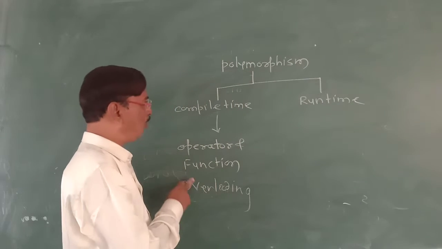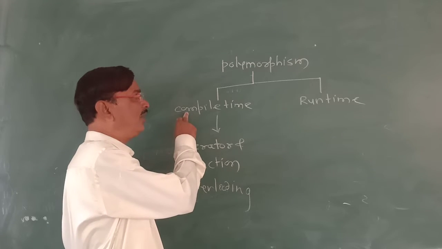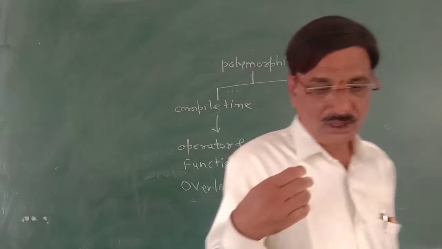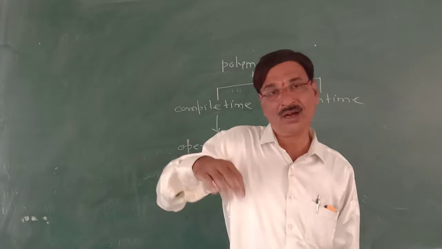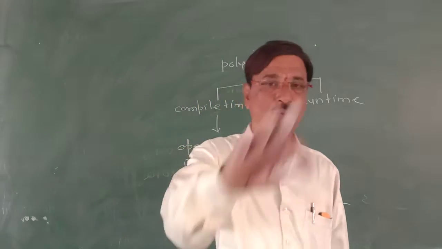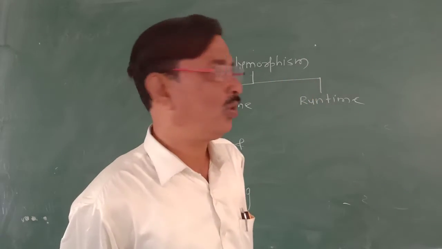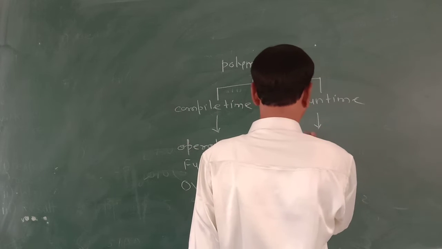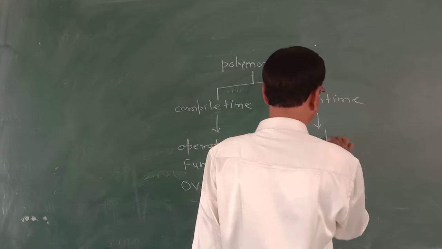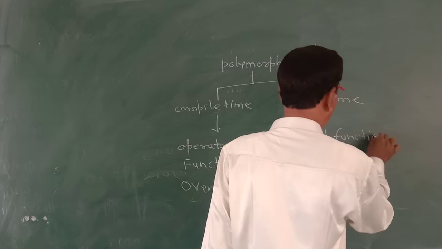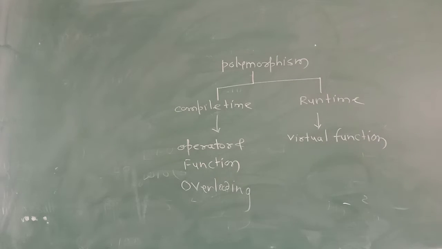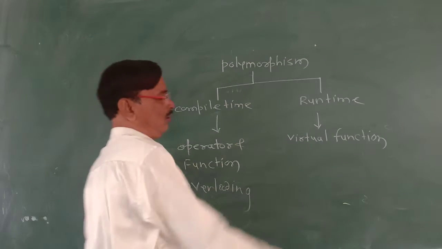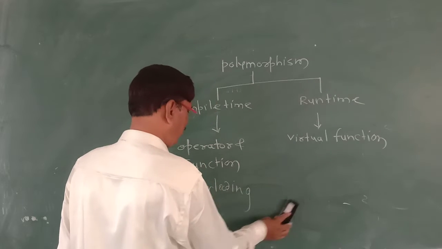Operators and functions are overloaded at the compiler, but for runtime, the function is not in the class, and at runtime we can bind it. That is also what we have seen as dynamic binding. So an example of runtime polymorphism is virtual function. A better way is to take this diagram. This is the polymorphism we have seen. Draw this.